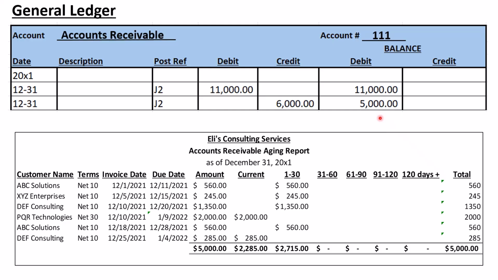What this report is telling us is that of the $5,000, over half are past due, meaning customers were supposed to have paid, but they didn't. And it also means that the accountant may have to call the customer or send an email to ask for payment for past due invoices. Now, in addition, the customer may also be placed on credit hold, meaning all additional services are only given if